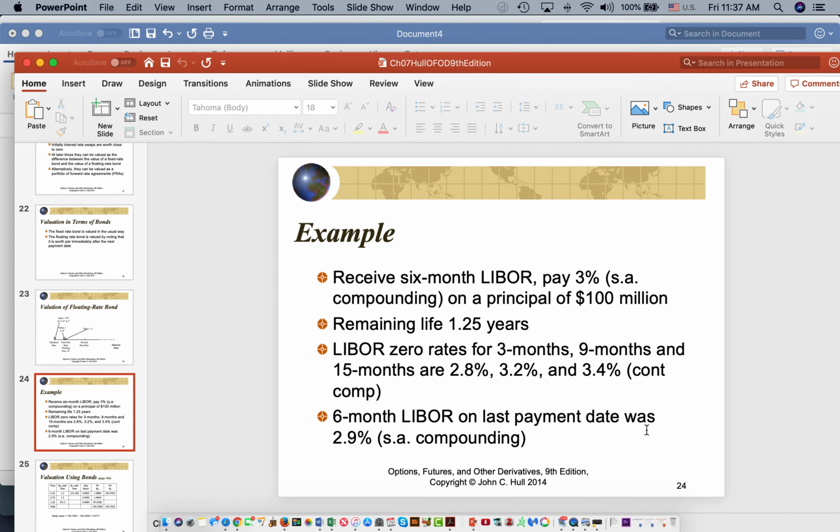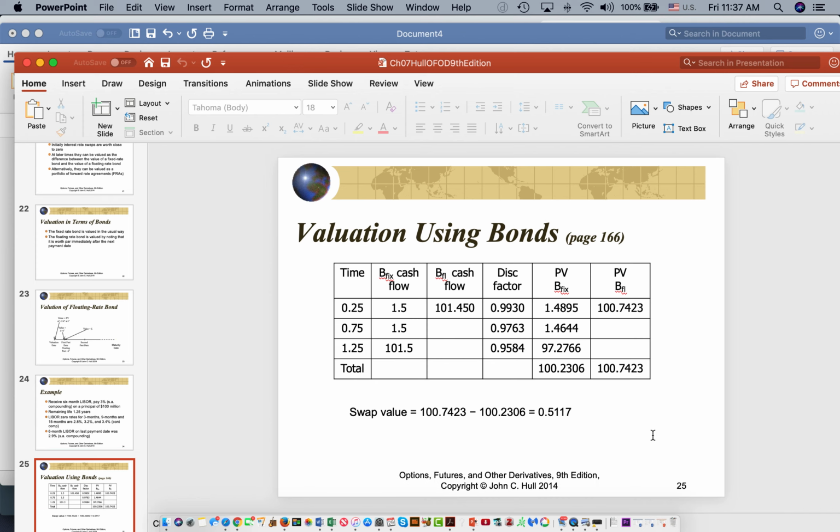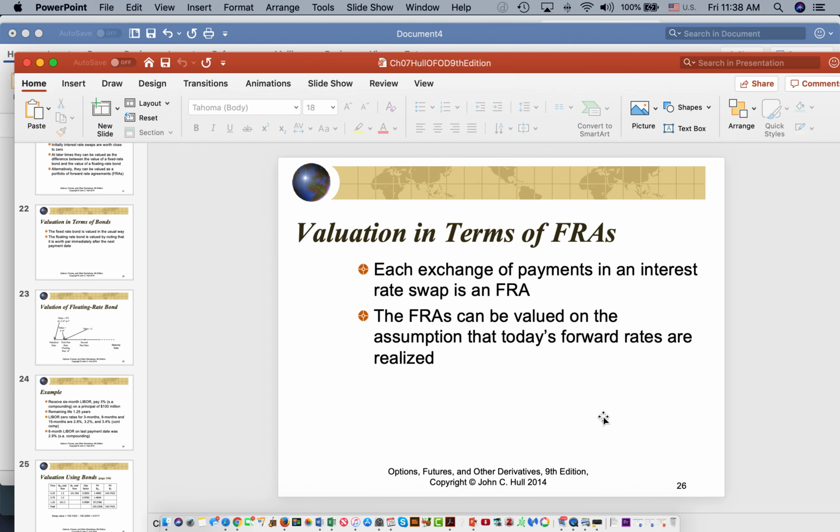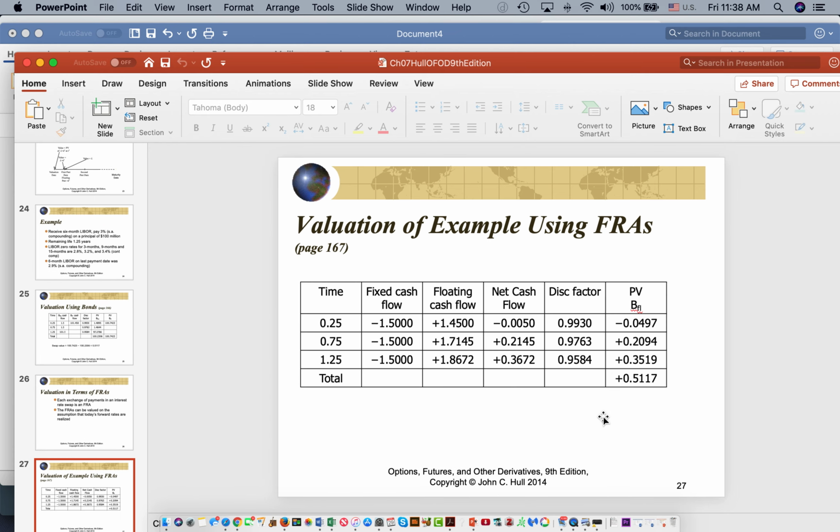One of the examples is here: you collect all those cash flows and get the present value of the fixed rate bond and then the floating rate bond, and you subtract one from the other and you get the swap value. So that is the value of the swap. And then